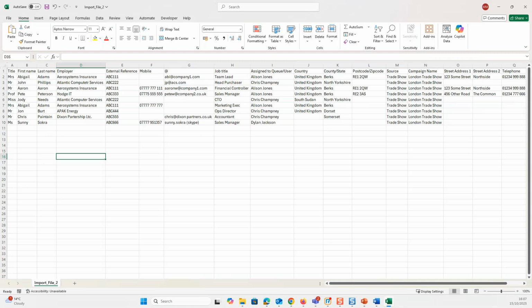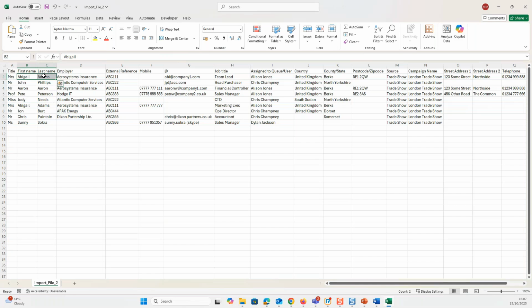So on the screen, you can see that I've got a list of people, where they work, and various other bits of information on here, such as job titles. But when we take a closer look at the data, we can see that there are a couple of errors here. One of the first things that I can see is that for Abigail Adams, we actually have her twice